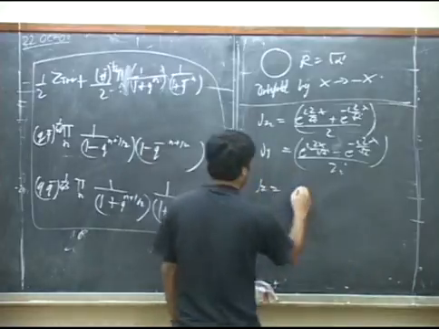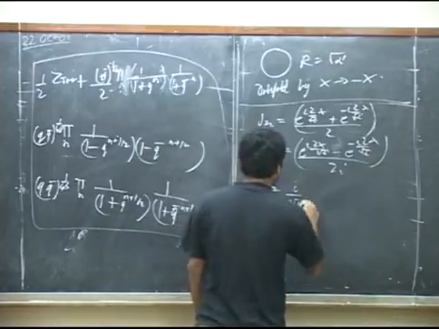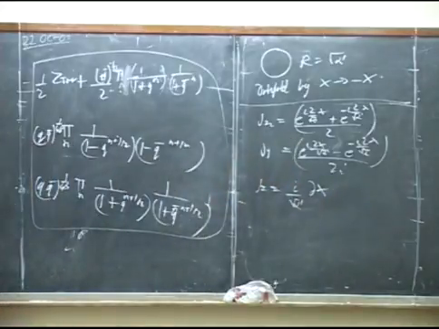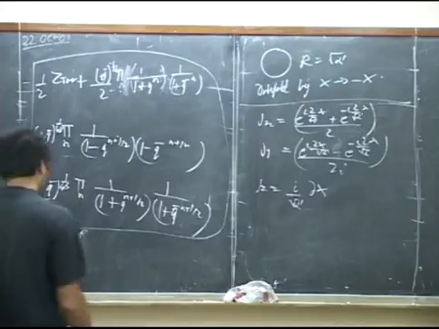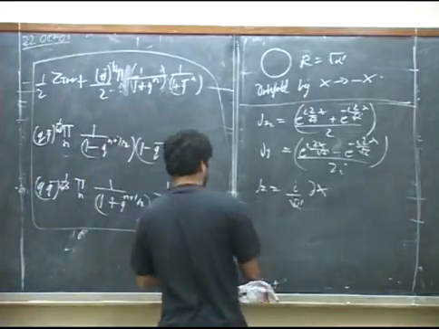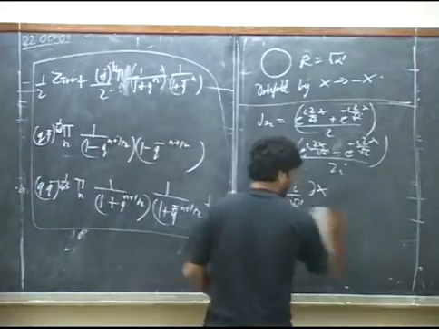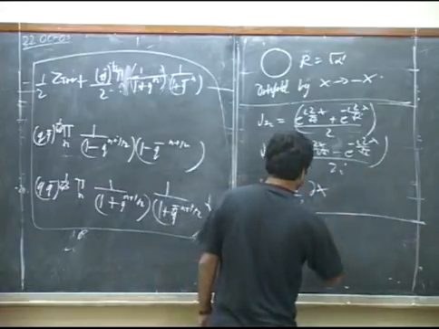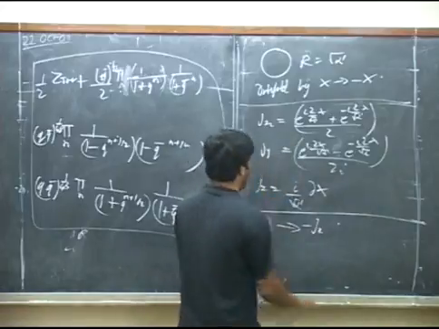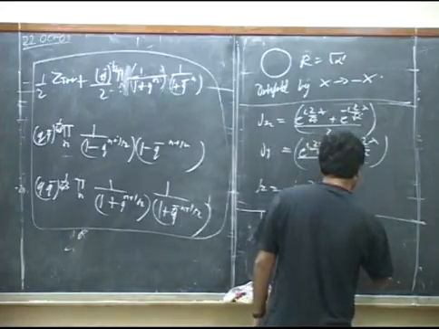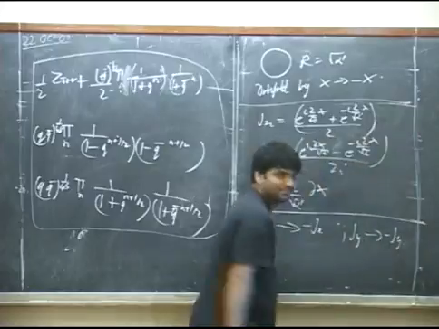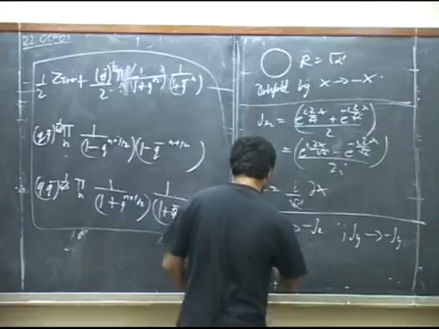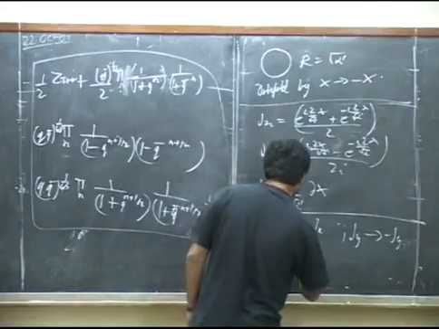And Jz was equal to i by square root alpha prime times the derivative of x. Now let's take x to minus x and see what happens. What happens is that Jz goes to minus Jz, and Jy goes to minus Jy. But Jx remains